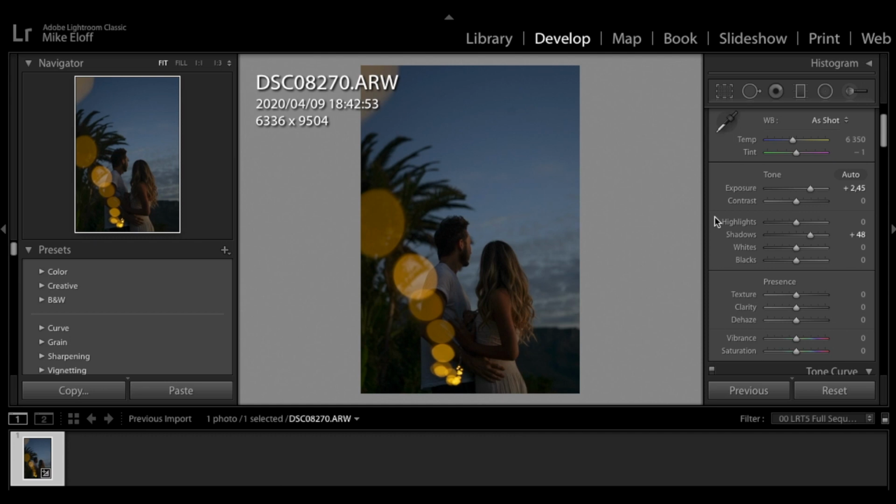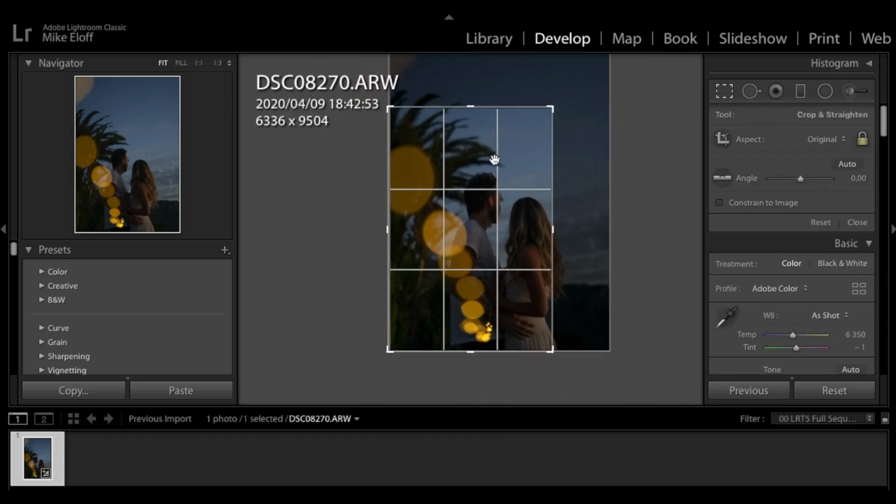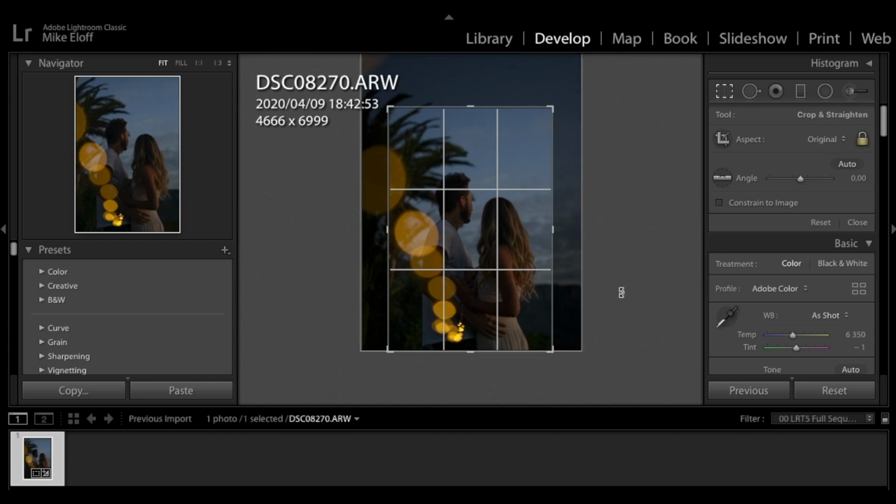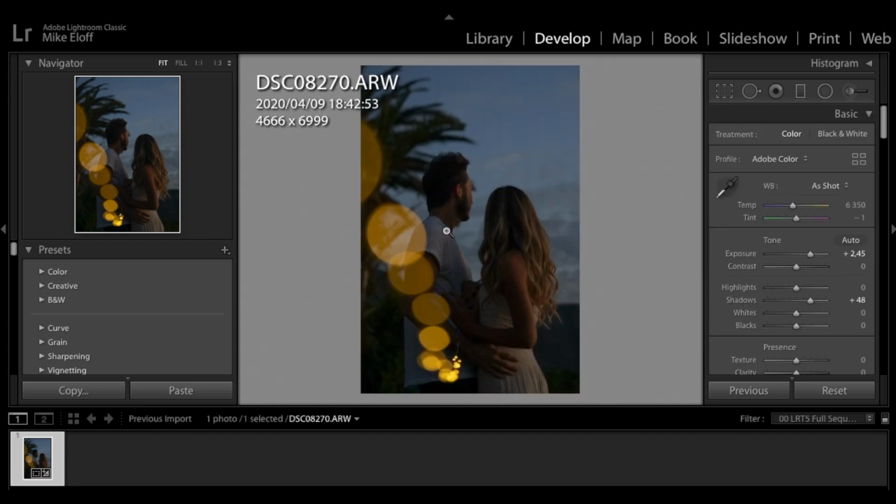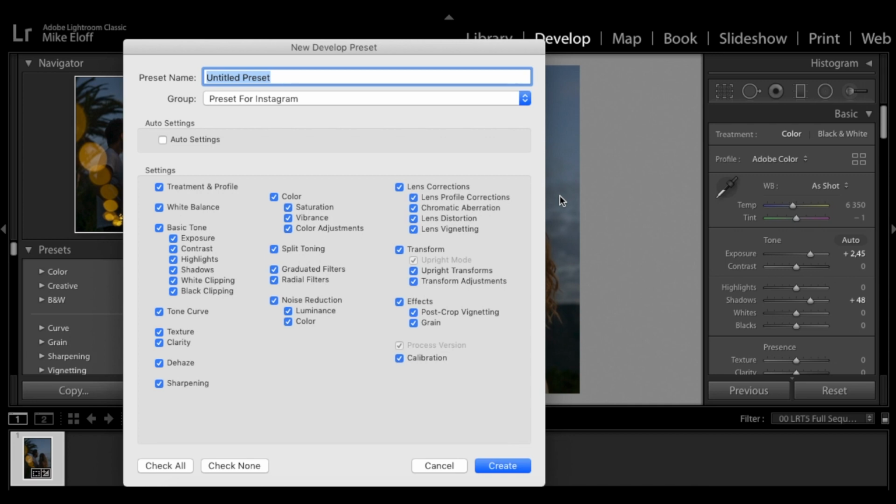Then the next thing that we should not be doing when saving presets or when creating presets is cropping. So let's say I only want that little part of the image. Don't want all that sky, I want it really nice and close. So I'm cropping this image, but if you save your preset and you don't actually choose what to save, so let's say create a preset and